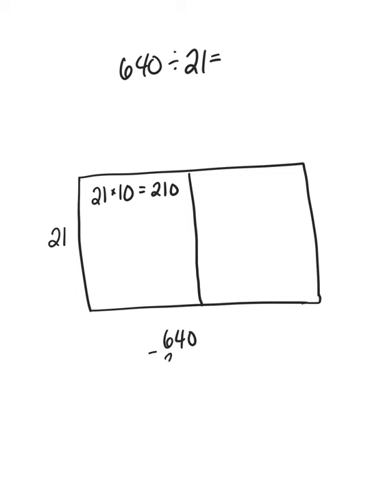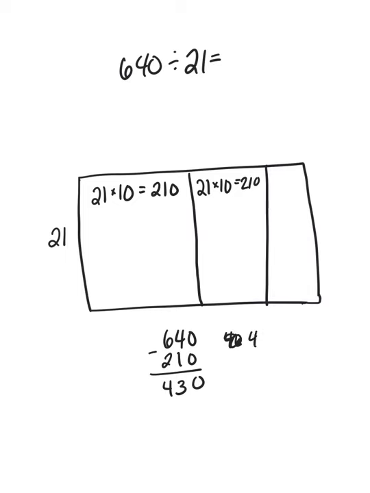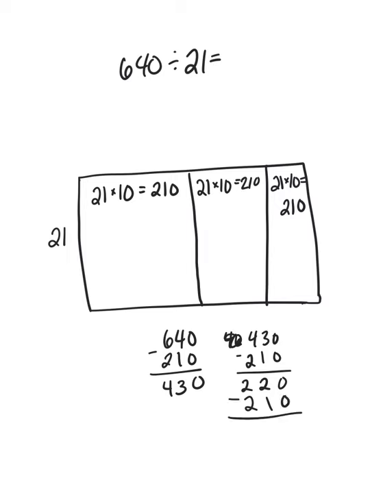Now I need to subtract 210. So now I've got $430 left to share. So I can go ahead and give each friend another $10 and subtract that. What does that leave me with? 220. Okay, so I'm going to give everybody one more group of $10. And now I've got